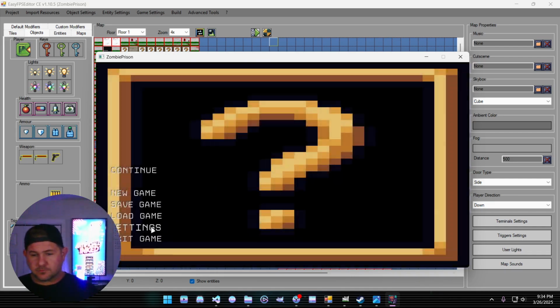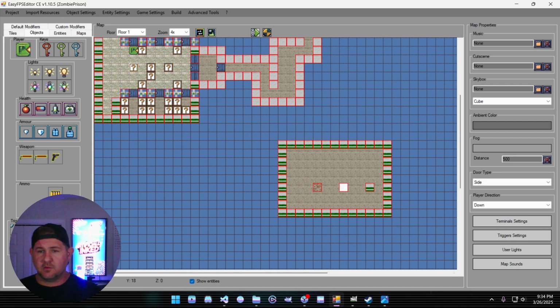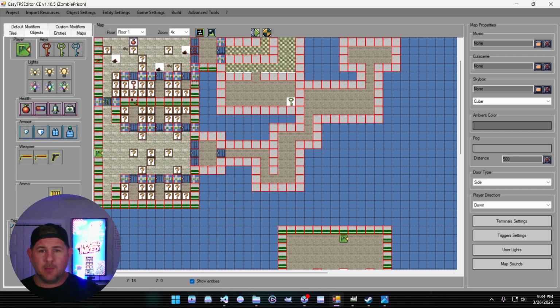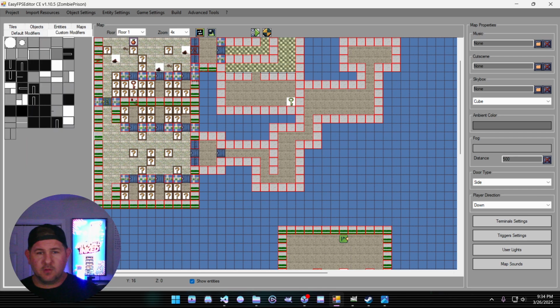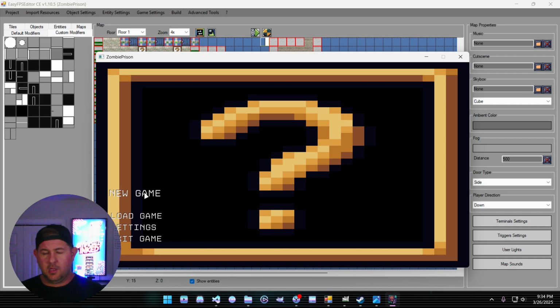So let's show some of these custom modifiers in action, some of the ones that I have built, and kind of show what the possibilities are that you can use to make some simple changes in your map to bring your map to life. So I've got a little test area down here. We'll do a corner spot for the walkway. Let's do shower stalls here. Let's do one of the ductworks. And if we hit play,